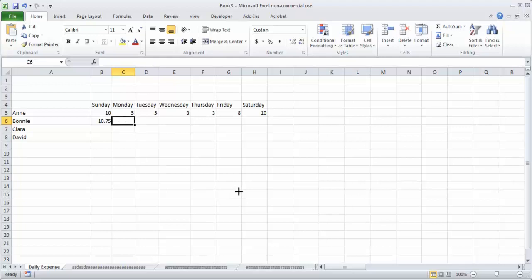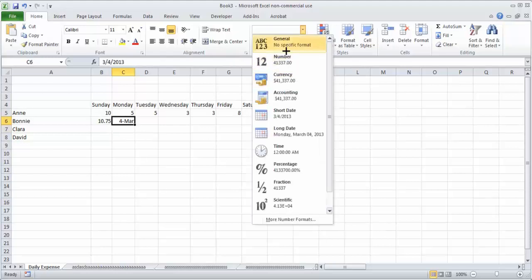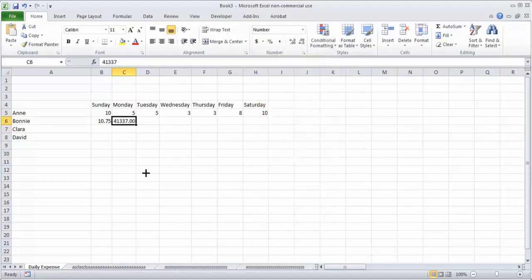I want to put 3 by 4 over here. To enter 3 by 4, you have to press 0 before 3, then press 3 by 4. When you press it like this, Excel will think that you are writing a fraction, and then you press enter. Because you have to enter this as a number. So let's say we put 0 3/4 as a number. You see over here, when you put this as a number, it has become 0.75.